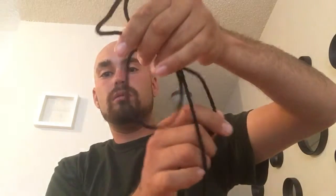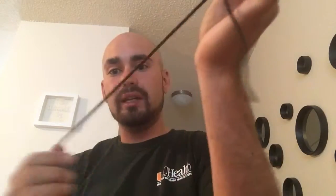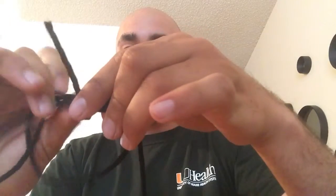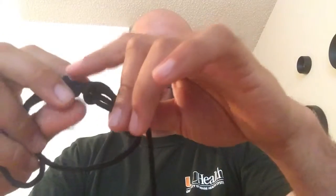You're going to want to feed a good amount, a liberal amount, because you want to be able to work with it comfortably. Then you take it and fold it back on itself, creating this circle. Okay, just like that. Then you take your working end again, which should be up against your main line, and wrap it around everything in between the hook and the circle, and around everything. I like to do it 4 or 5 times,